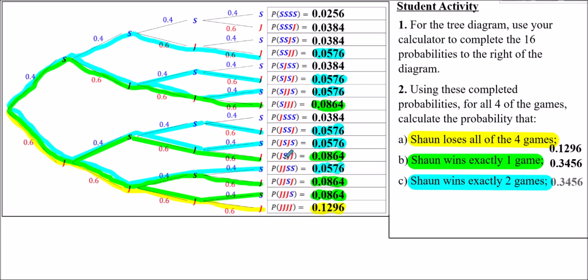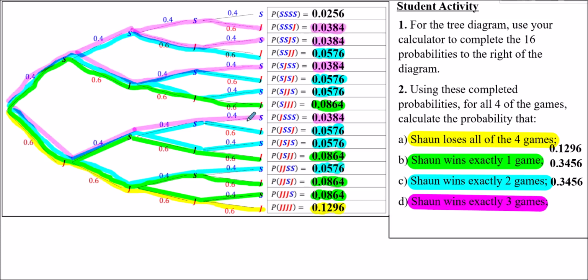gives us, again weirdly, 0.3456. Part D. What's the chance that Sean wins exactly 3 games? Again, if I pick a colour to highlight this, let's go for purple, you should find there's 4 ways this can happen, each with a probability of 0.0384. Therefore, the total probability of Sean winning exactly 3 is 0.0384 multiplied by these different 4, which gives us